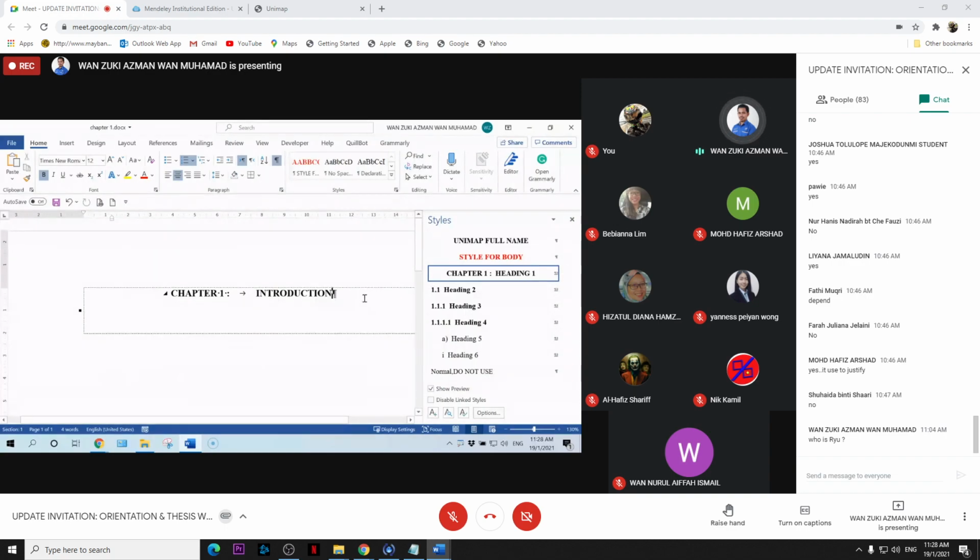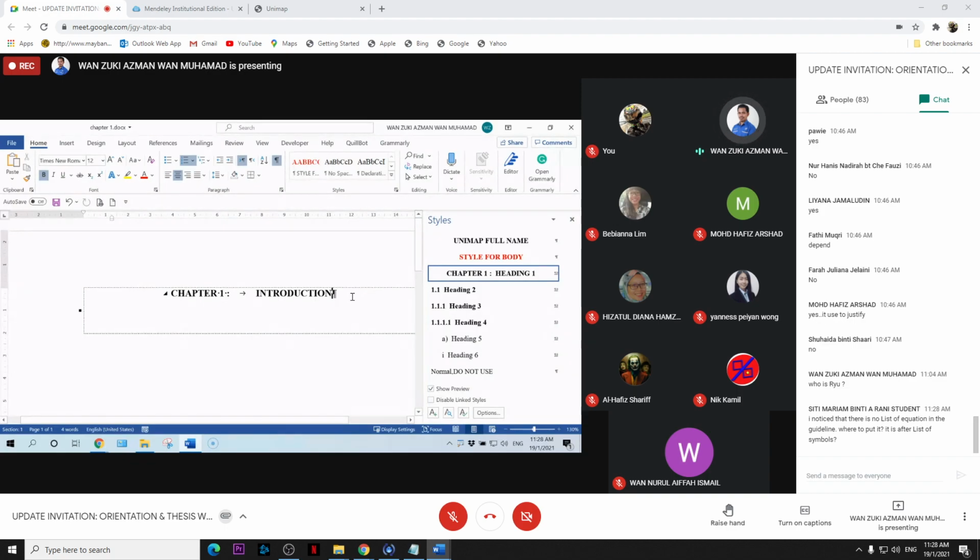Then put your cursor at the end of the word introduction and hit enter. List of equation, for what? In the thesis, we don't have a list of equation. We don't need the listing of the equation.